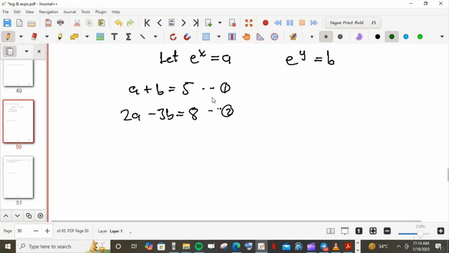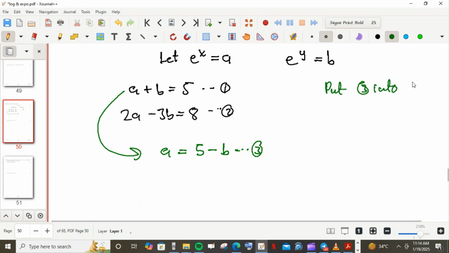A is equal to 5 minus b. Let me call this one equation 3. So I'm going to put equation 3 into equation 2. Okay, so that will give me,